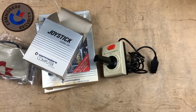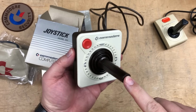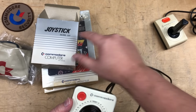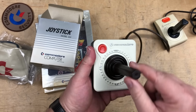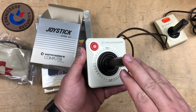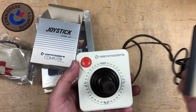I think I have one of those around. I'll find it. Oh. So this is the original joystick that Commodore released, called the VIC-1311. And it is a total ripoff of the Atari 2600 one, except that it says Commodore here, and they changed the color scheme. Okay, so apparently Atari started to sue Commodore, so Commodore withdrew all these, and then quickly designed